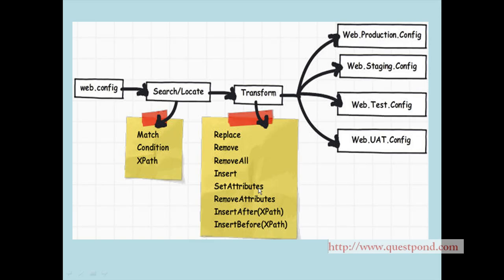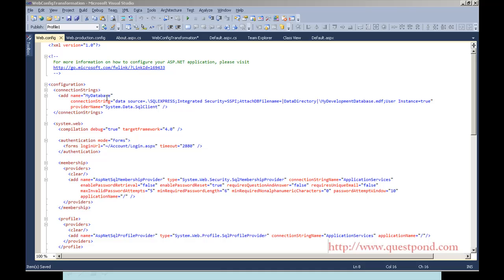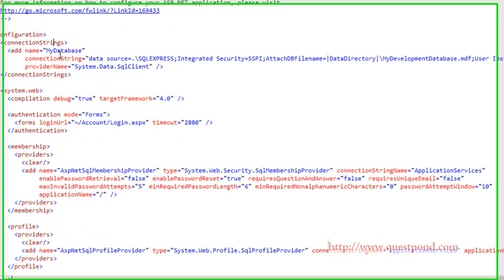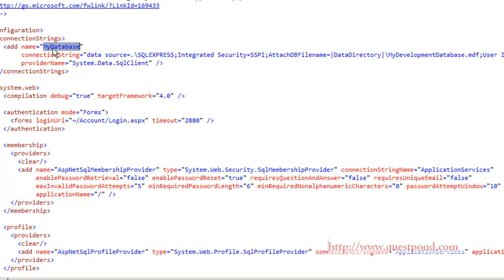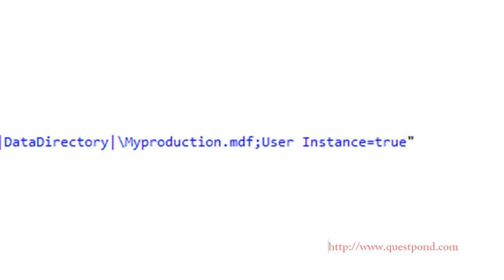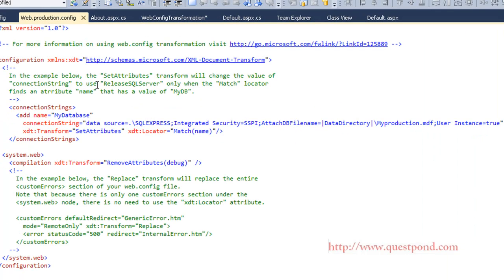So let's go back to the code and let's see how it is done. Now here's your parent Web.config file, or I'll say your default Web.config file, which has this connection string with my database, and it has the database value set as my development database.mdf. Now in order to replace this in our web.production.config, let's say that we want to replace the database name in the web.production.config, what we have to do is basically keep the same name as it is. So basically it's going to be my database, and